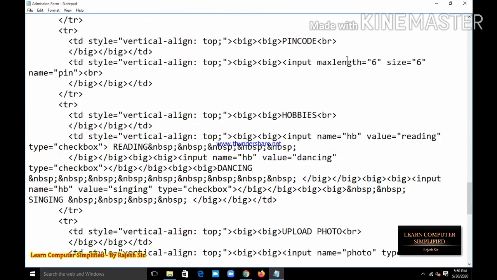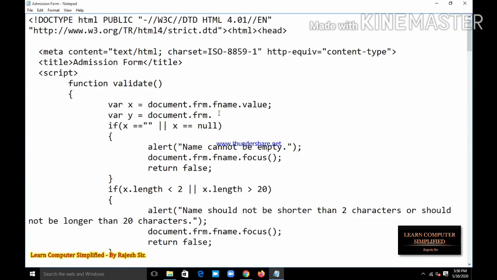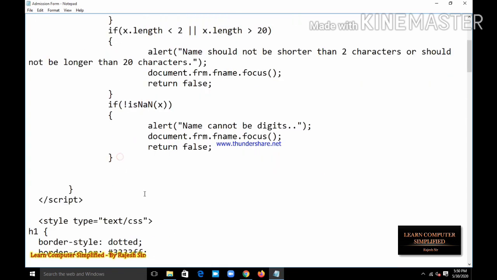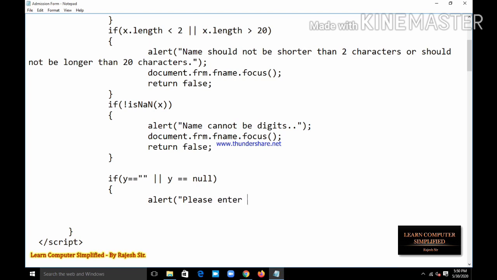Now after the first validation I add a new validation: if y == blank or y == null, I give an alert message, please enter the pin code.